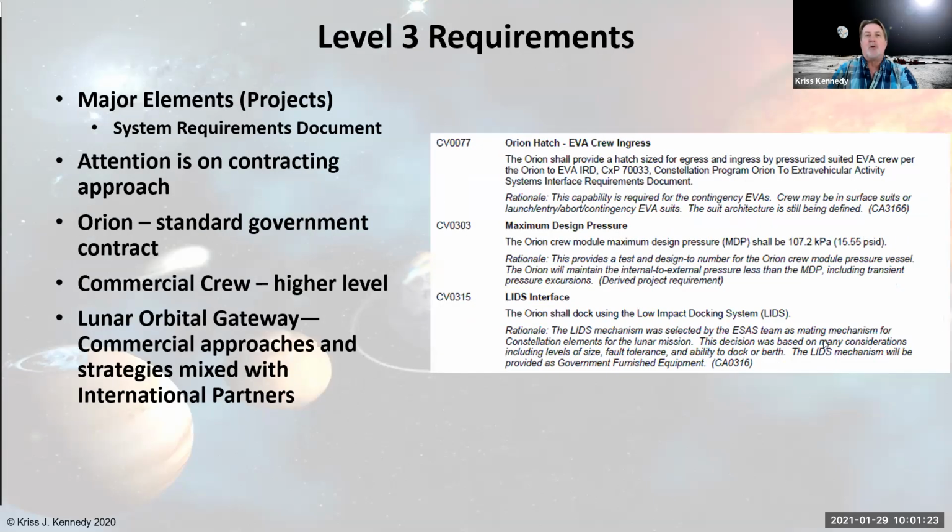The level 3 requirements are focused on the major elements of the project, such as the Orion or the lander or the interplanetary spacecraft. The attention is on a contracting approach, where you're looking for vendors to then build this. So think of these as your build-to specs. Orion is a standard government contract,